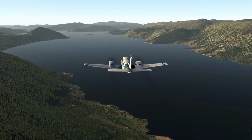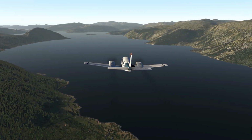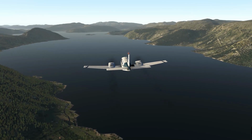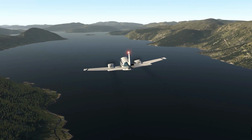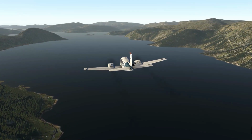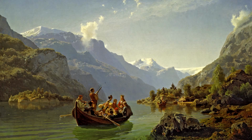So Hardanger is very famous in Norwegian folklore. This is also one of those places which has been painted over and over again through history, and I'll show you yet another painting which I'm sure every Norwegian has seen in a school book or something. It's called A Wedding Trip Through Hardanger, and it shows